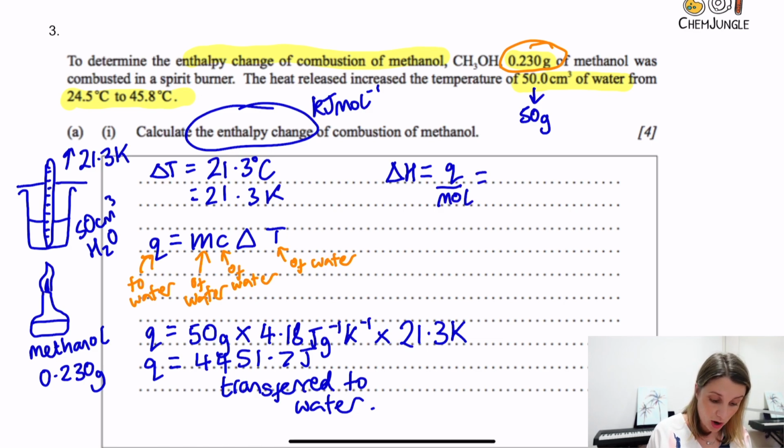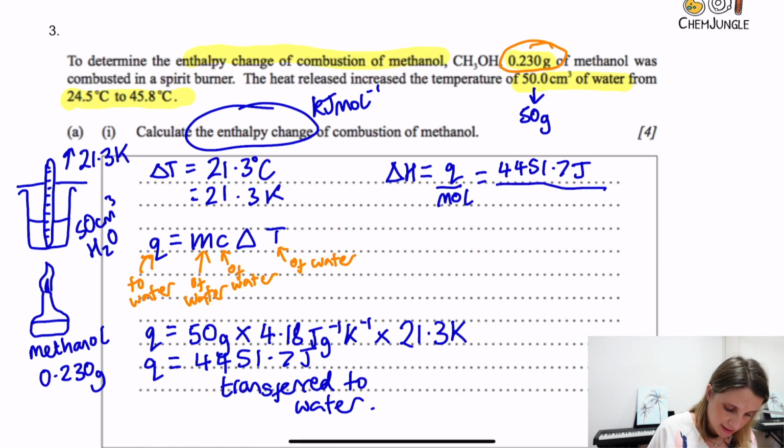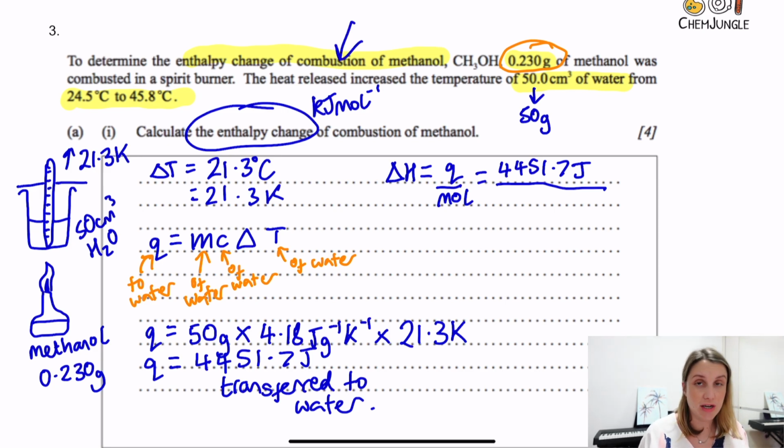Okay, so we have worked out Q already, this 4451.7 joules. And then we need to divide it by the moles. Now in this case, because they're doing enthalpy of combustion, it's the moles of fuel that are burnt. So I need to work out the moles of fuel, the moles of methanol that are in that